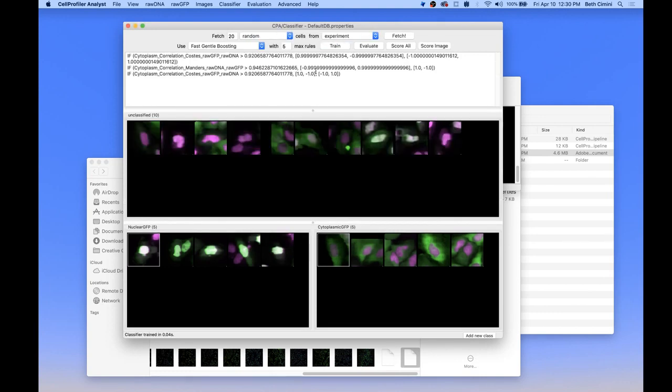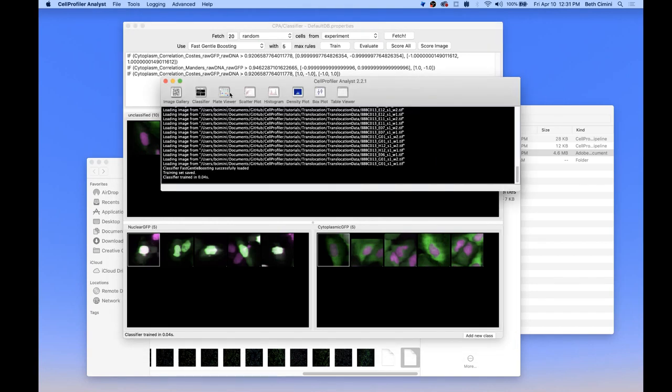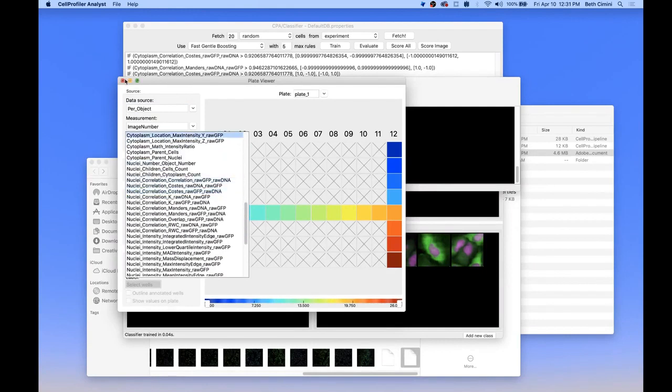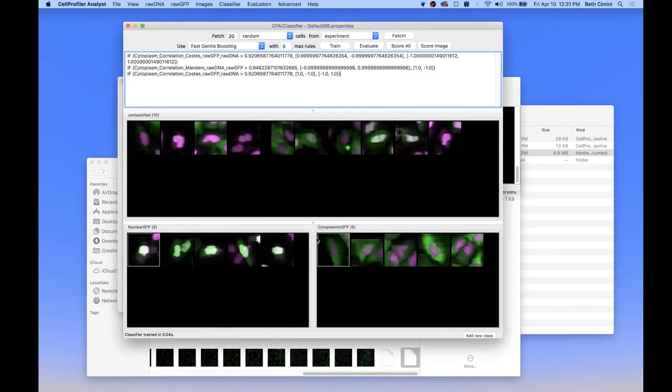CellProfiler-Analyst is now going to take a look at all of the measurements that were present in that whole list of measurements that we saw in the plate viewer tool. When we looked in our per object table, we saw that we have many, many measurements, and it's going to show me what measurements it thinks do the best job of separating these 5 cells from these 5 cells. And the ones that it picked are all metrics of correlation in the cytoplasm between the GFP and the DNA. This makes sense since it's a translocation assay. What we want to see is essentially if the GFP is highly correlated with anything else in the cytoplasm or not. I can hit the evaluate button,